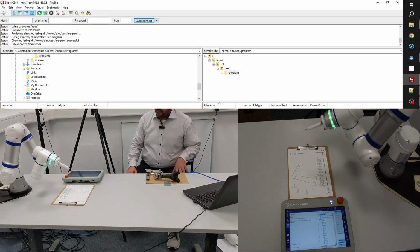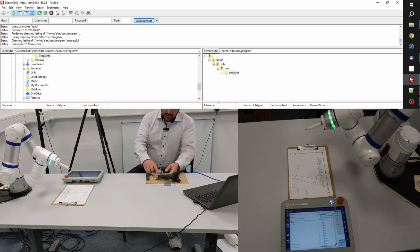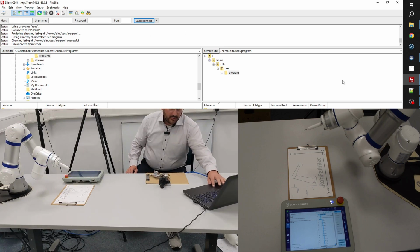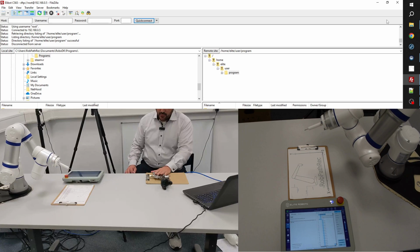Okay, and here I was just standing around and explaining something. So it works fine. You can apply this with any kind of manual tool. The crucial point is you have to put your pen always exactly into the same position. Later on, you can rename it. You can select it from the list. It's not an issue. So you can have as many manual tools as you want, stored and configured in your Easy Automator app. So you can use several spray guns, several welding guns, several powder coating guns,